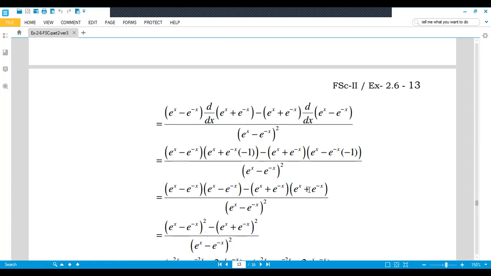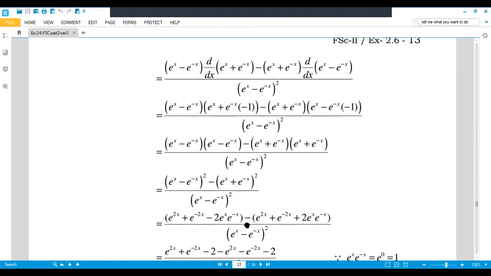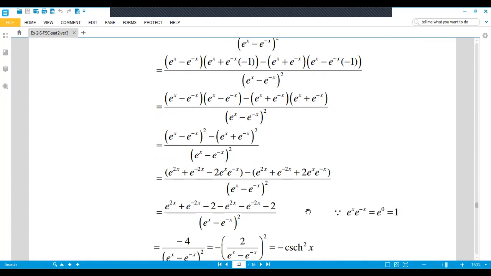Now this one is given in form of square and this one is given because both are same value, so powers added. So (e power x minus e power minus x) whole square minus (e power x plus e power minus x) whole square. So you apply a minus b whole square formula and a plus b whole square formula. So a square e power 2x, b square e power minus 2x, and minus 2 into e power x and e power minus x. Similarly here e power 2x a square plus b square e power minus 2x plus 2ab, 2 into e power x e power minus x.